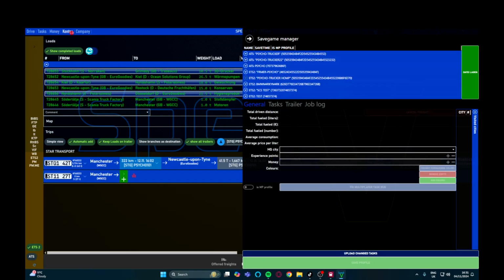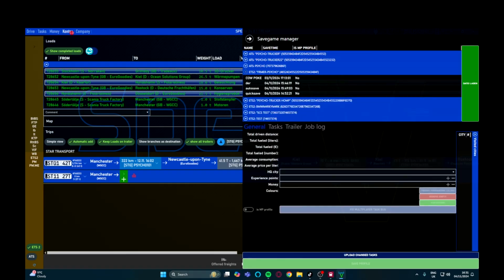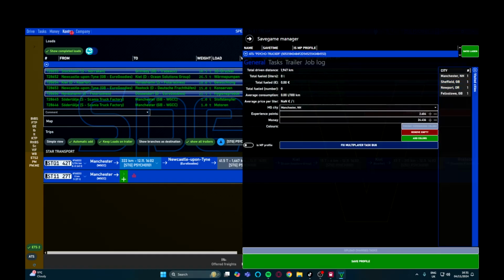Go, and it's got all my old profiles here. Oh, there it is. I missed a bit on my name. Oh well, there we go. DER is the one. As you can see, it says no there, which is MP profile. So basically, I'll click that. Click data load. Loading the data from that save, and you can see, right, that's how many miles I've driven, cities I've been to,